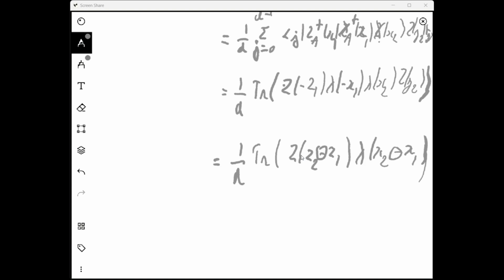And so it's basically the trace of delta x, x of delta x, and z of delta z,